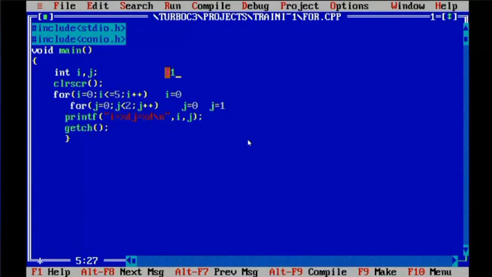You may have one doubt: what is iteration number 1? Whether this is one iteration, or this is one iteration. This is also a kind of iteration, but you can consider i equals to 0 as only one iteration. In the second iteration, iteration number 2, you need to write like that.